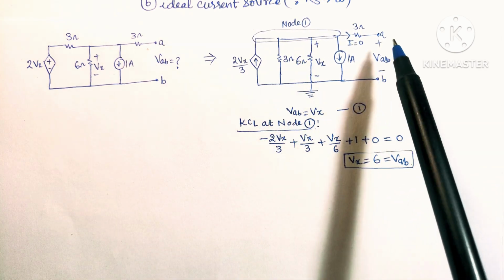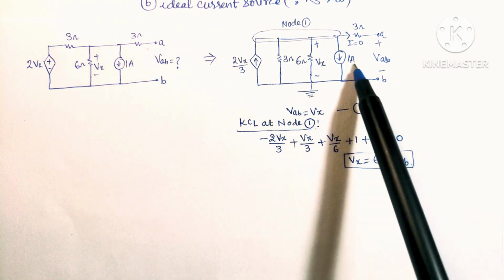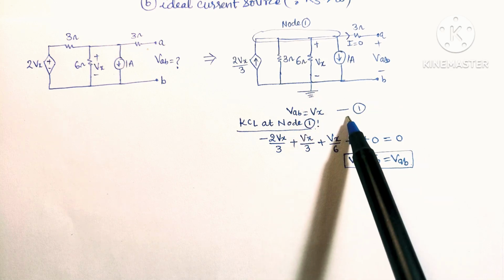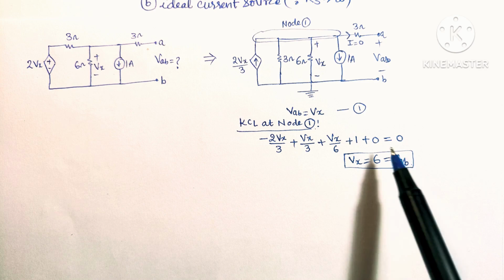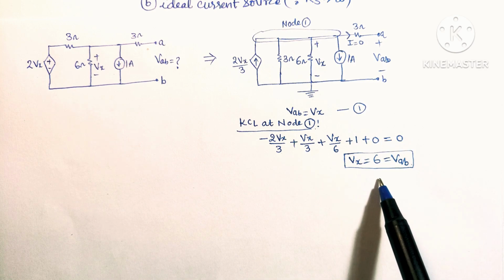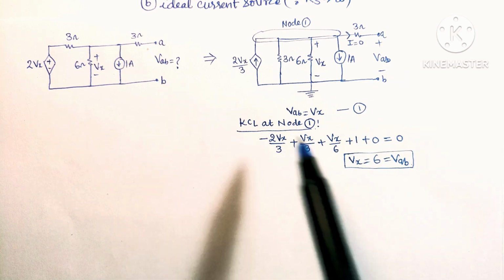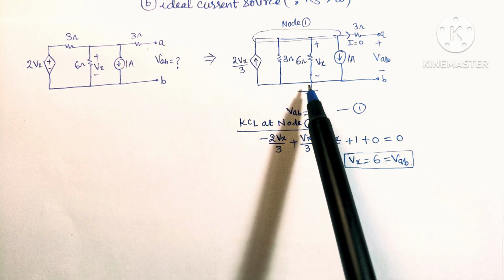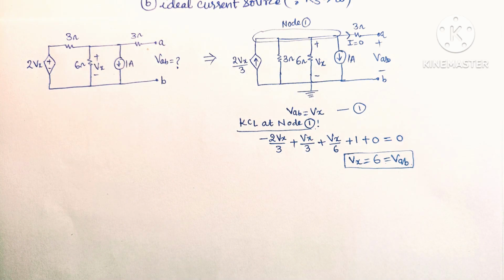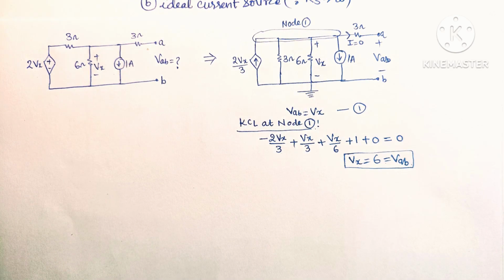Now we can apply nodal analysis for simplification of the circuit. Suppose this is node 1 and this is ground, and we can see that this voltage VAB is equal to the voltage Vx here, as they are in parallel. If we apply KCL at node 1, this equation can be found, and after solving it, Vx can be found as 6 volt, and Vx is equal to VAB. So here VAB will be equal to 6 volt. During transformation, we have to remember that we need not touch the resistance during conversion, or we should not involve the resistance on which the voltage source or current source depends. So this is the source transformation.